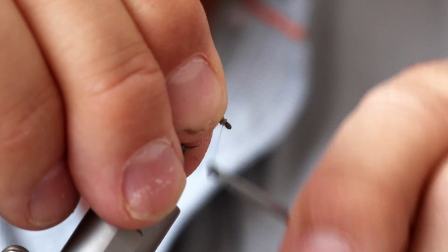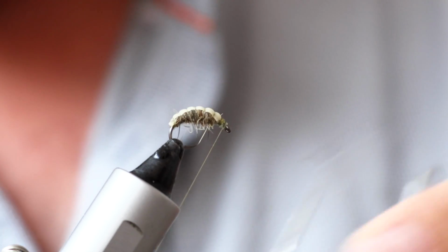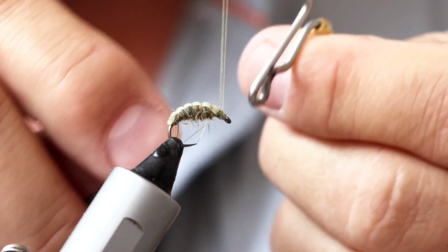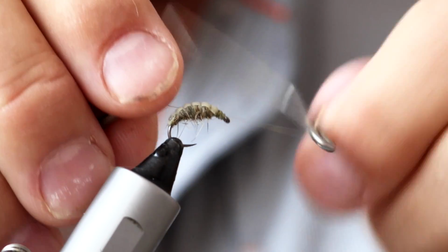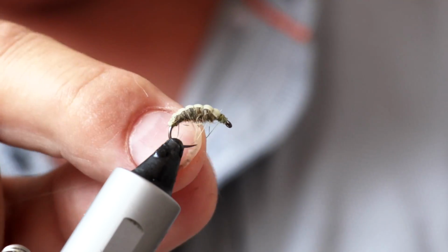Okay. I can now do my whip finish. There are a couple of other things I'm going to do with this fly, so once the whip finish is in, I'll just do another one to secure everything down. I'm going to trim off,